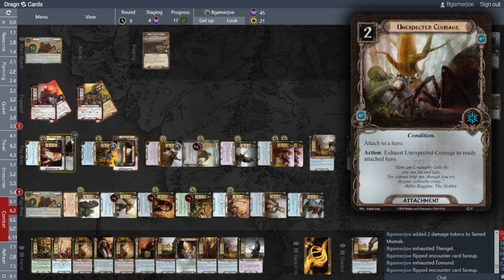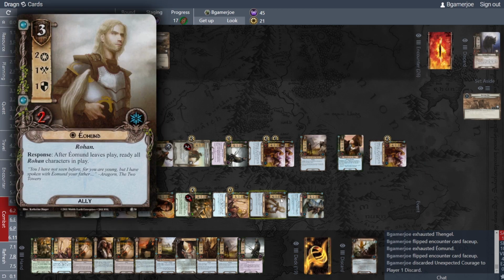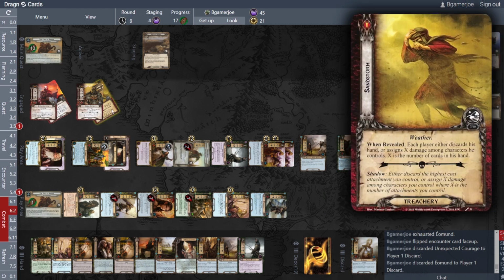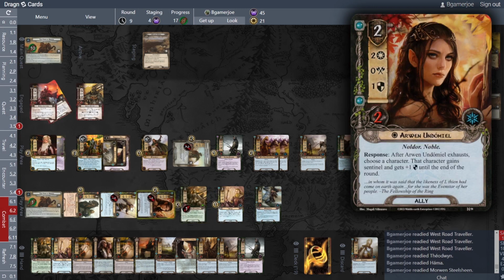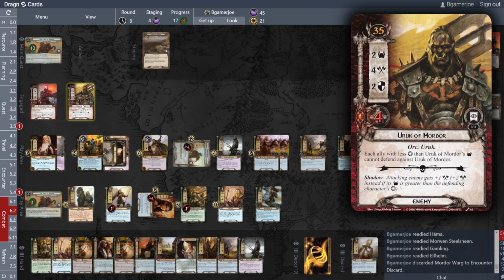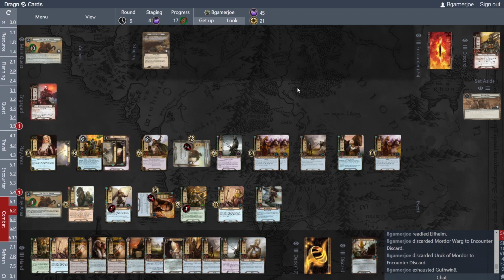I have... Well, kill Unexpected Courage. I can tolerate that. I don't want the damage. And he dies. I wish I'd readied him first. But that readies everyone else. And I can easily kill him. And I can use the Skuthwine to pull him back into play. And then